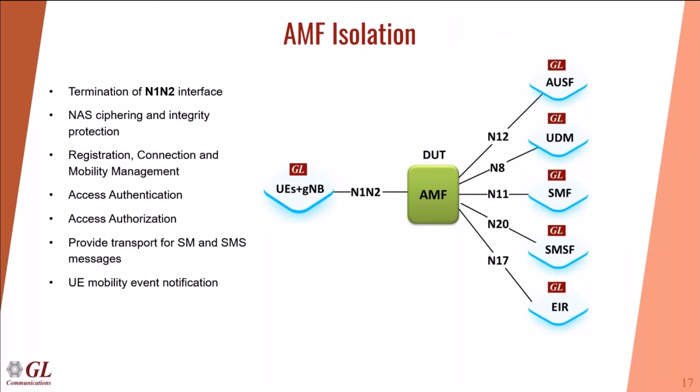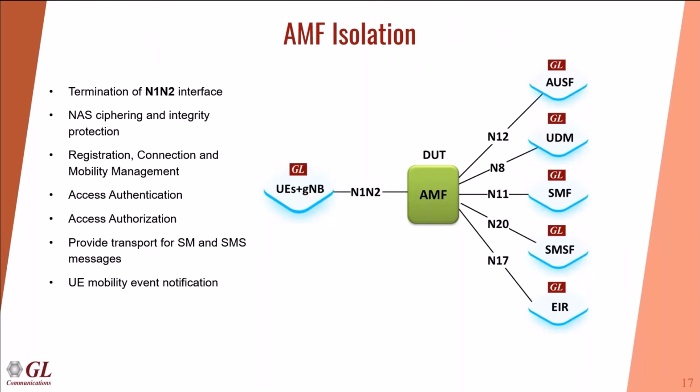As AMF is the heart of the 5G core network, it has to connect to various 5G core elements using different interfaces, namely N1, N2, N12, N8, N11, N20, N17, which are currently supported in our case. Here, apart from N1, N2, all the other interfaces on the right-hand side are service-based interfaces, meaning they are HTTP-based messages which carry